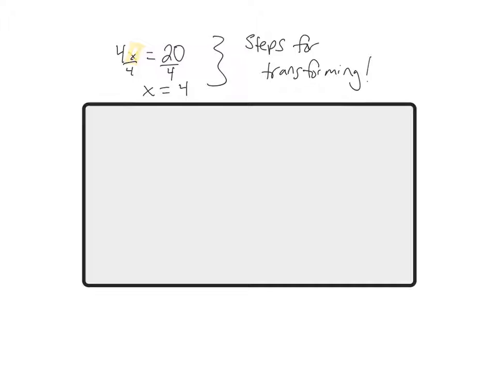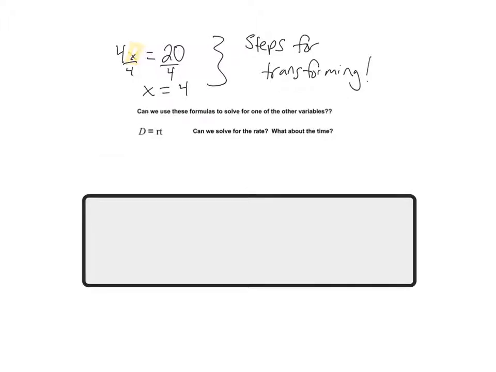And now let me show you how. Okay. What we're going to be looking at is this. Can we use formulas that are already familiar to us to solve for one of the other variables in the formula? So we're familiar with our distance formula. Distance equals rate times time. My question is this. How can we solve for rate or time? The formula is showing what we do to solve for distance, but what if I wanted to solve for rate? Well, let's see. If I use the formula D equals rate times time, and what I'm trying to solve for